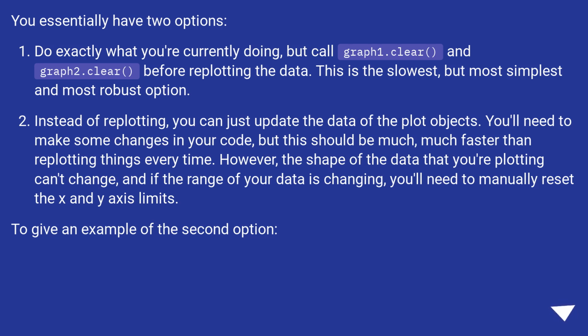Instead of replotting, you can just update the data of the plot objects. You'll need to make some changes in your code, but this should be much faster than replotting things every time. However, the shape of the data that you're plotting can't change, and if the range of your data is changing, you'll need to manually reset the x and y axis limits. To give an example of the second option,